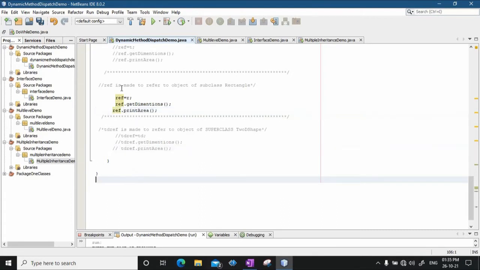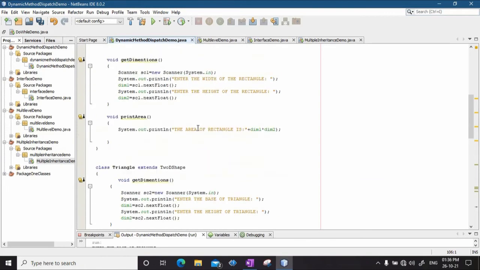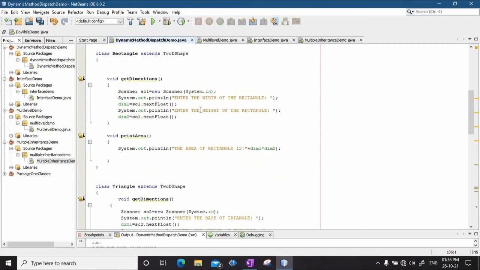Now see, earlier ref was pointing to the object of the triangle class, so the methods that were invoked were the methods of the triangle class. But now ref is pointing to what? The object of the rectangle class. So now you will see that the get dimension and print area methods of the rectangle class will be invoked. So it will ask me to enter the width and height of the rectangle. So I save this and I run this program again.